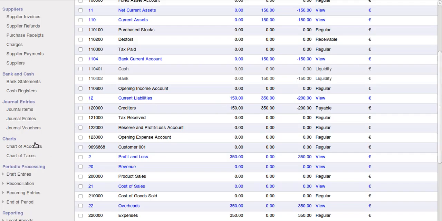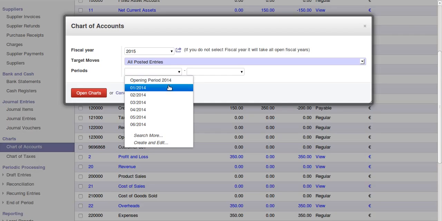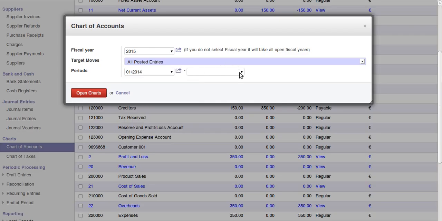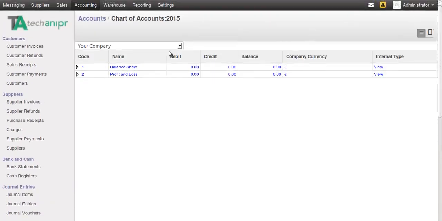If you see your chart of accounts, select a fiscal year for it. Select the first period. Open the chart. You see your company name, which is your root view account type.